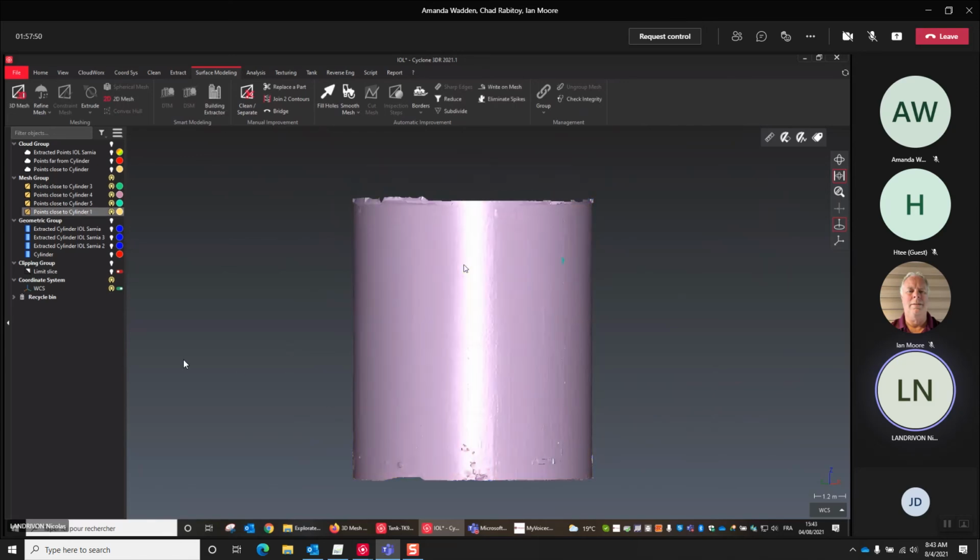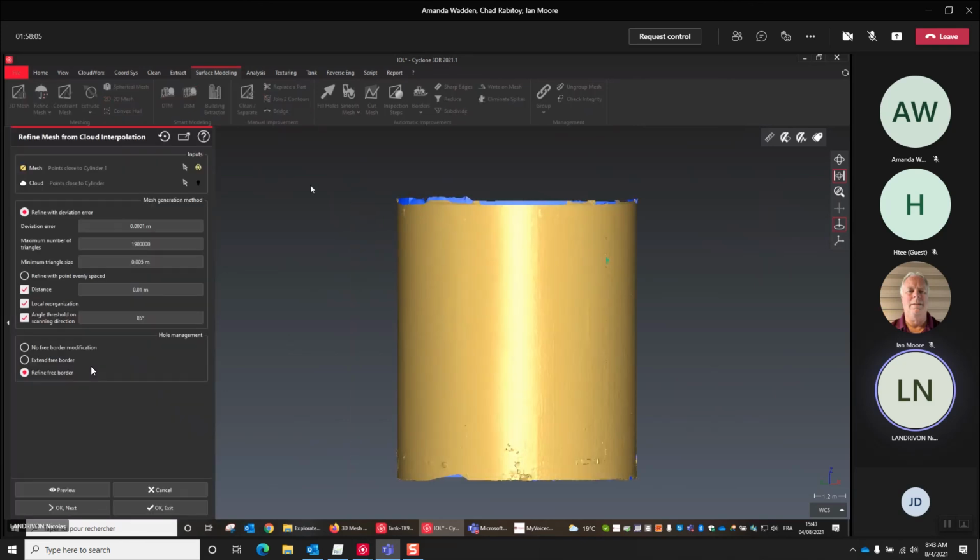I just have to select the mesh that I want to refine, select the points that I want to use for the refining process, refine mesh, go to the refine mesh from cloud interpolation, and use the default value, or usually it's about 0.1 millimeter, something like that, and make a preview.